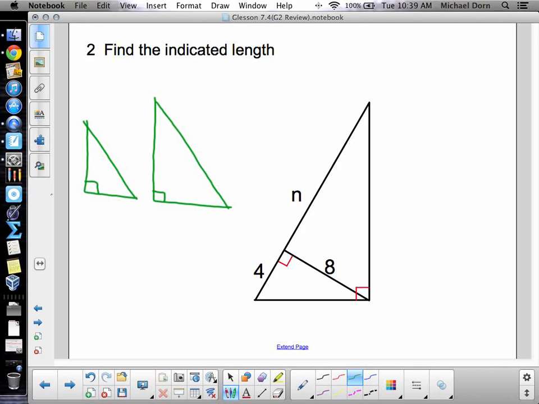And just focus. Short leg, long leg, hypotenuse. 4, 8, unknown. Middle triangle. Short leg, long leg, hypotenuse. 8, n. Short leg, long leg, unknown. That's enough. I don't even need to do the large outer triangle. I get 8 over n is 4 over 8. So 4n is 64, so n is